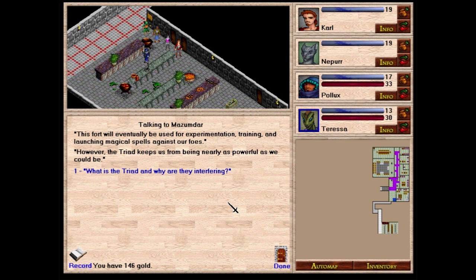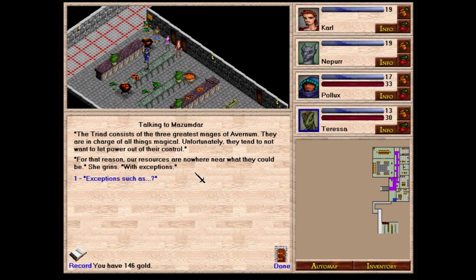However, the Triad keeps us from being nearly as powerful as we could be. What is a Triad, and why are they interfering? The Triad consists of the three greatest mages of Avernum. They are in charge of all things magical. Unfortunately, they tend to not want to let power out of their control. For that reason, our resources are nowhere near what they could be. With exceptions. Exceptions such as...